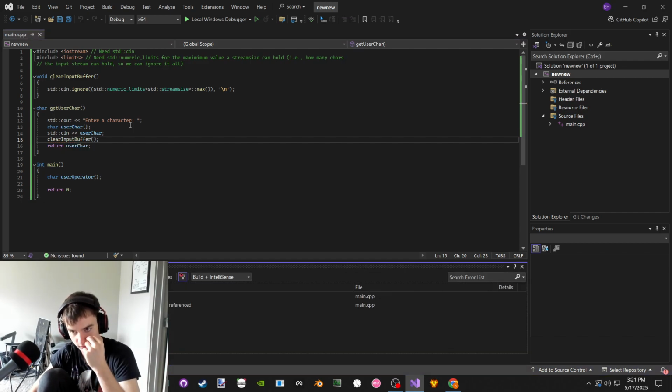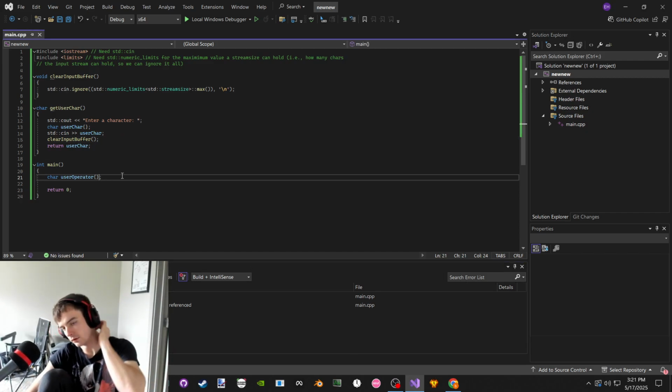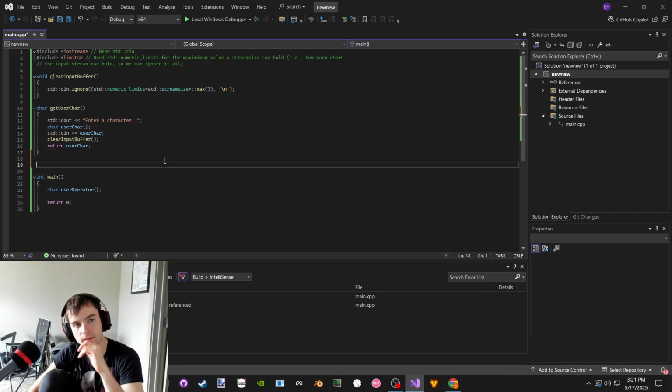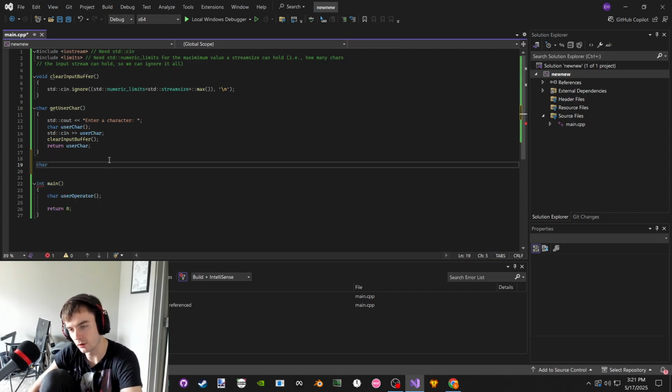Just going to compile just to do this, which is fine. This is a little warning. All right, and now they're just getting a character, but then we're going to have another function. This is getting any character from the user. This is clearing the input buffer. But then we're going to have another character returning function called get user operator. And this takes in, so does this take anything? This just, there might be